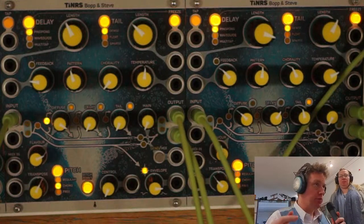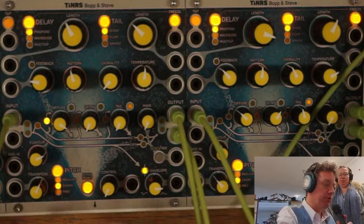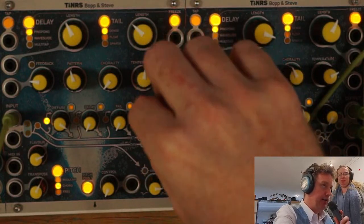In regular mode this works as well. You can just play MIDI notes to it and the pitch shifter will shift using that amount, but for chord you can actually send 3 notes at a time and it will make a whole chord out of this. So on me this sounds like